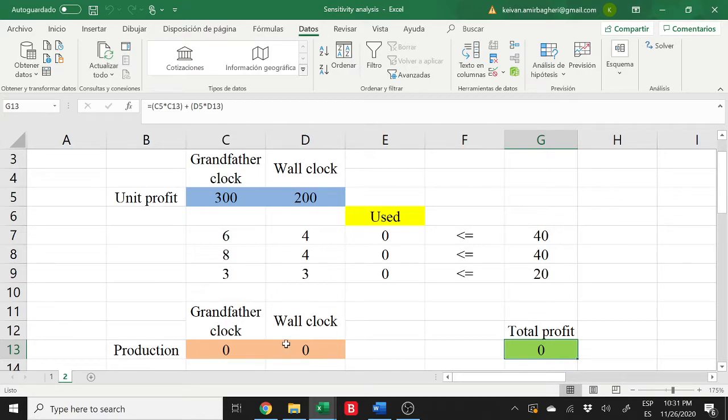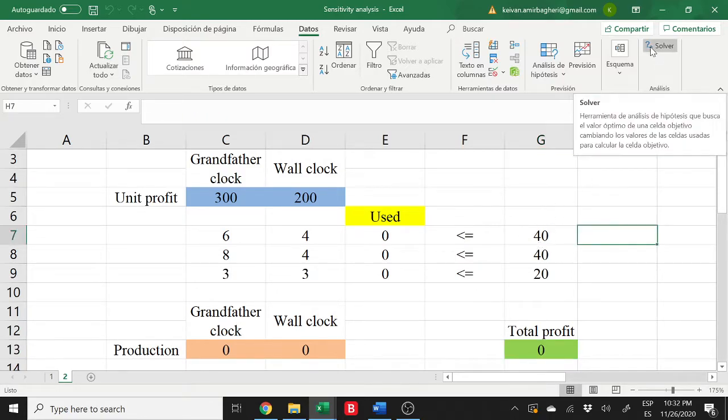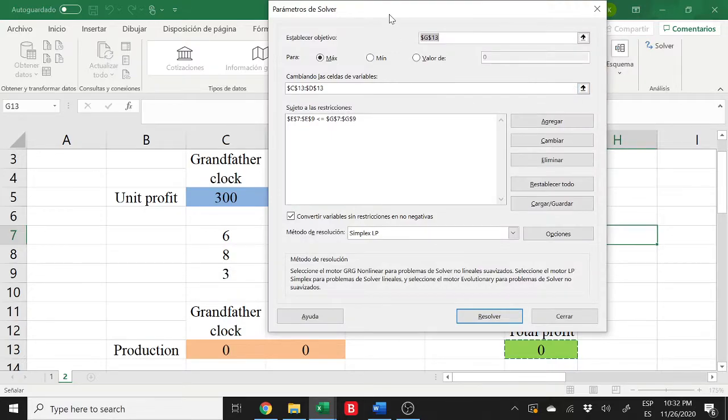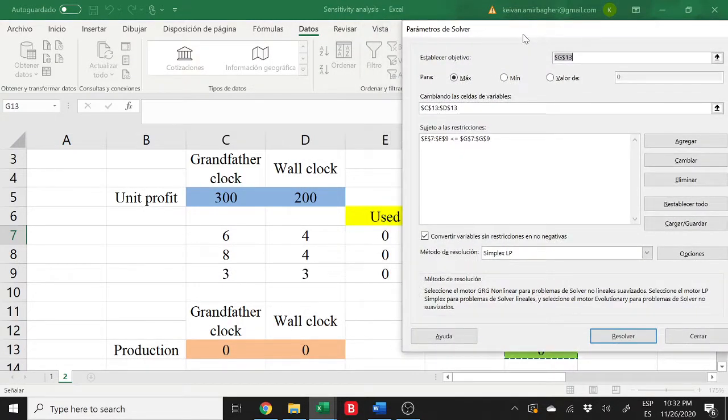This is an example that you can find in the PDF of the last week. So simply we want to find the values of our variables and for sure the value of our objective function. To do so, we use solver. We don't change anything in our problem, the objective function, the decision variables,